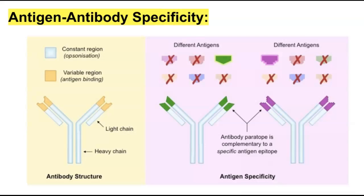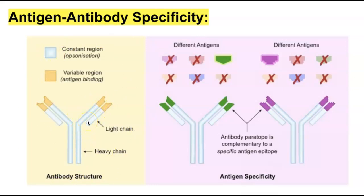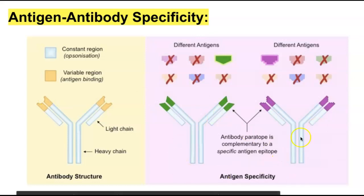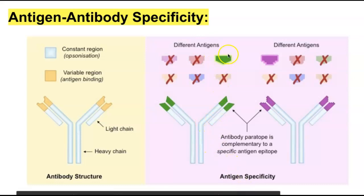Here's a really great picture that shows this. So this just shows the antibody structure. It shows the 4 protein chains that form that Y-shaped body, Y-shaped antibody, and then this yellow site here, that is the variable region. That region is going to be different for different pathogens that invade. And then over here, this shows you the different antigen specificity. So let's say this green guy is a virus that invades the body. Or let's say the green guy is chickenpox, right? Your body has produced